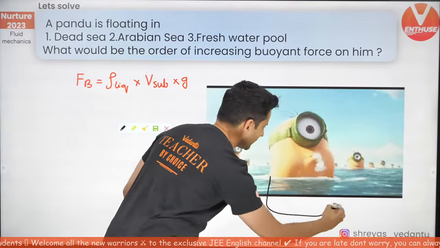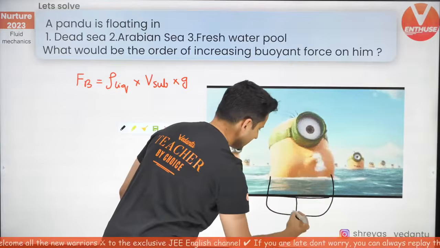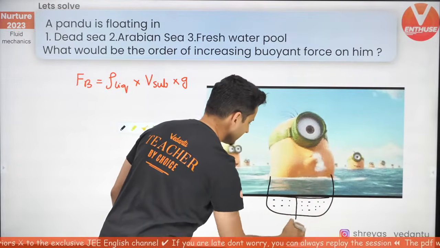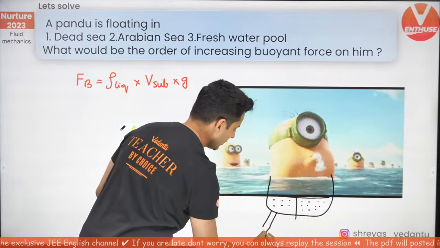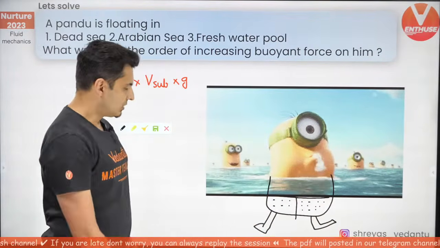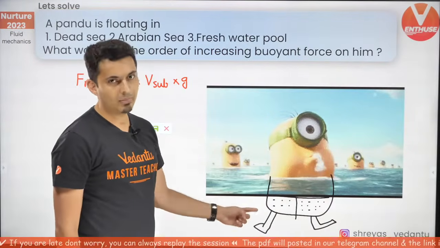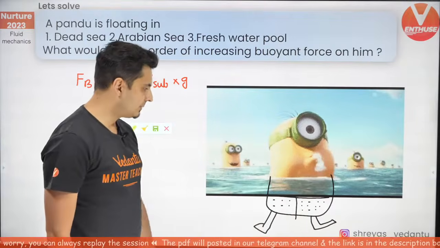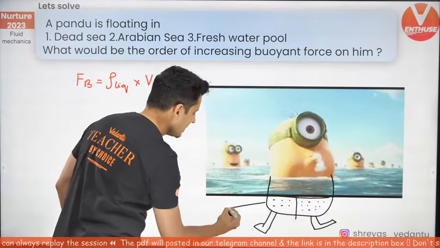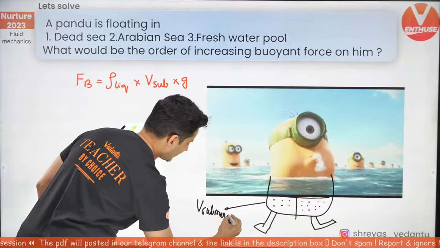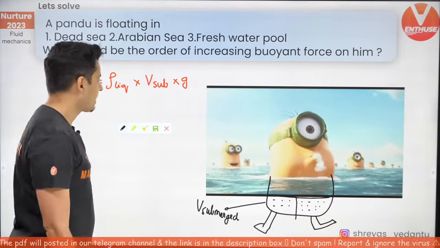So this is our Pandu. Okay, this is his half pant or swimming wear. This is how it is. Pandu had asked me not to disclose the color of the swimming costume that he was wearing, so I'm going to draw it in black and white. Okay, I hope you make peace with that. Fair enough. So this is basically the volume which is submerged. That's what it is. This is the volume which is submerged.